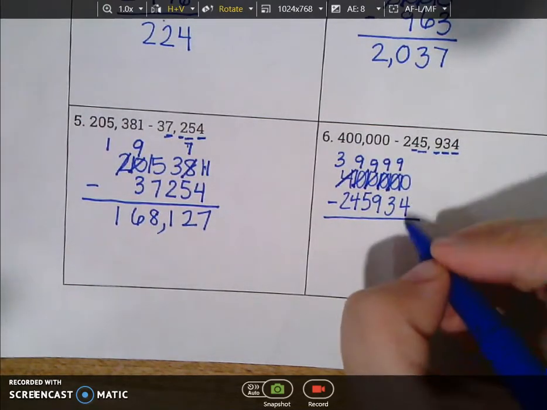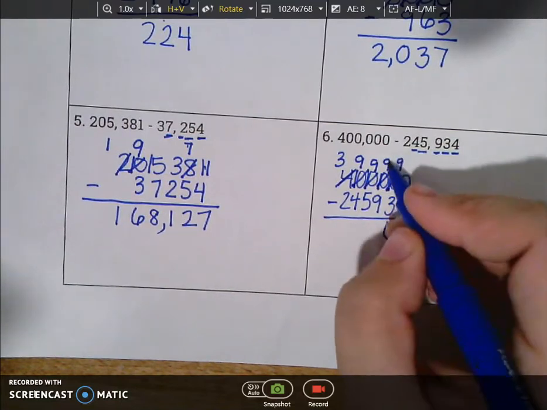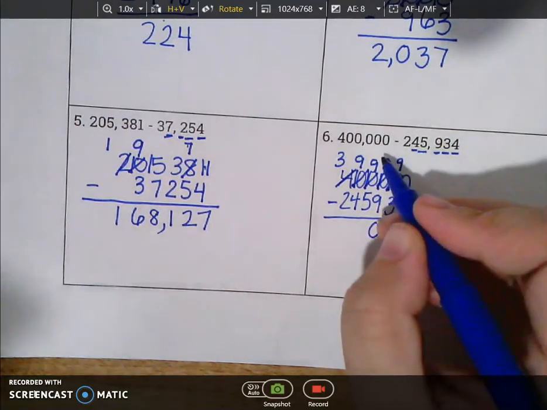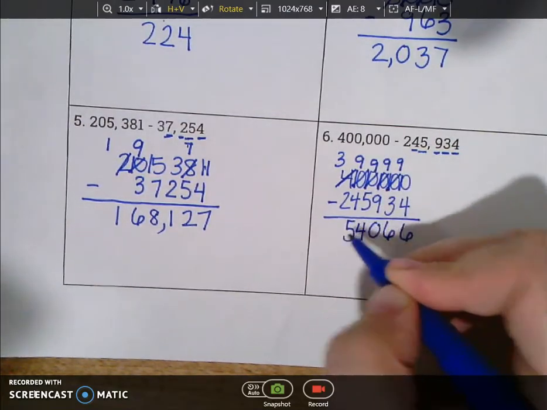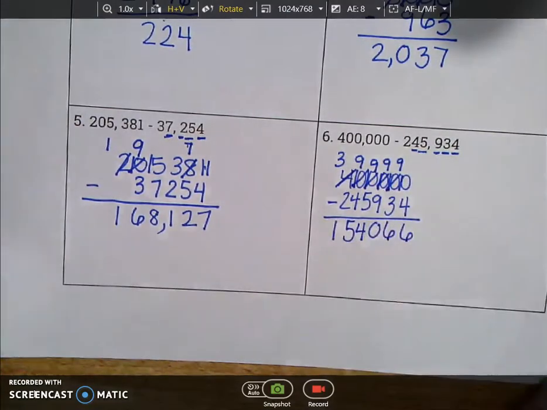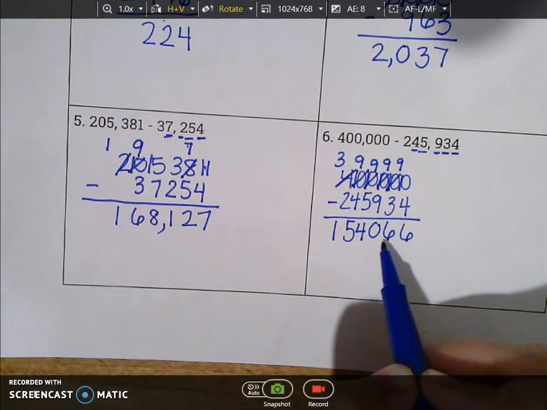So 10 minus 4 is 6. 9 minus 3 is 6. 9 minus 9 is 0. 9 minus 5 is 4. 9 minus 4 is 5. And 3 minus 2 is 1. Now that I've got that out there, I can put my comma. 1, 2, 3,